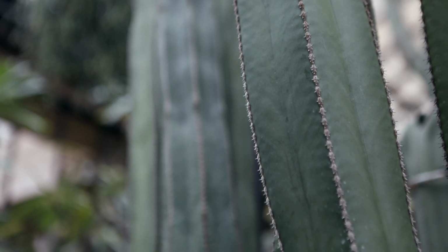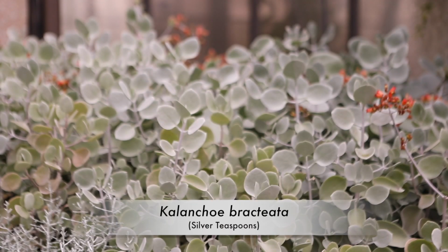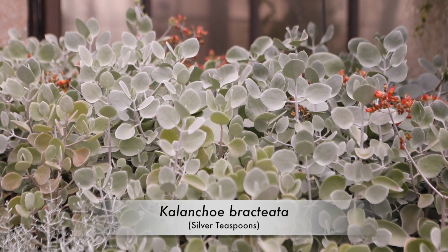Jeff, many think of green cacti and brown grasses when picturing a desert. Why do many of the plants here have that silvery coating? Many of the plants in this garden, like the silver teaspoons, Kalanchoe bracteata, have foliage that appears to be silver, when in fact many of them have adapted to the sunny conditions and limited humidity by having a layer of protection encasing their foliage. Let's take a closer look at a leaf to get a better understanding of its unique